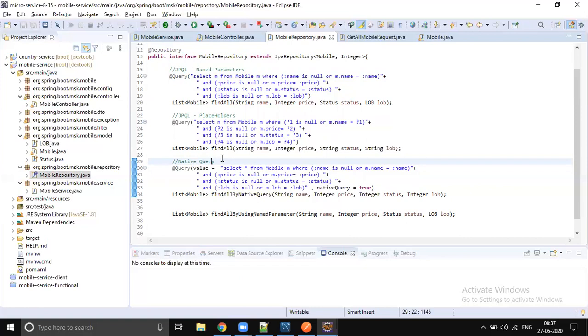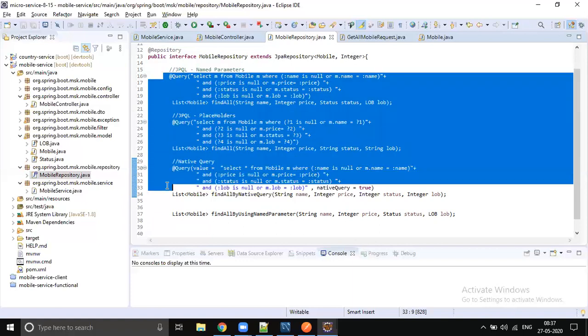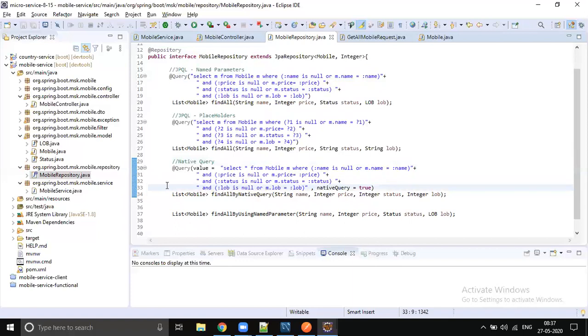So why are we sending the complete query when the customer has not selected price? For example, if the customer did not select the price filter, then don't apply that in the query, right? So don't put the price condition in the query. When the customer did not select the name condition, then don't add that condition in the query, right? So that is a good way of writing queries. So this is a bad practice actually, even though most people use queries, right?